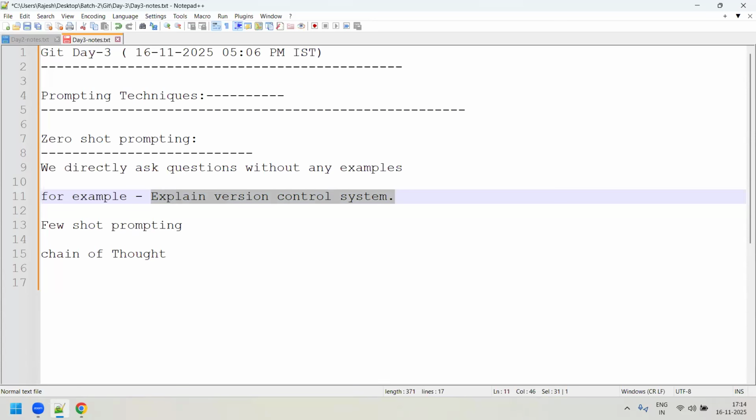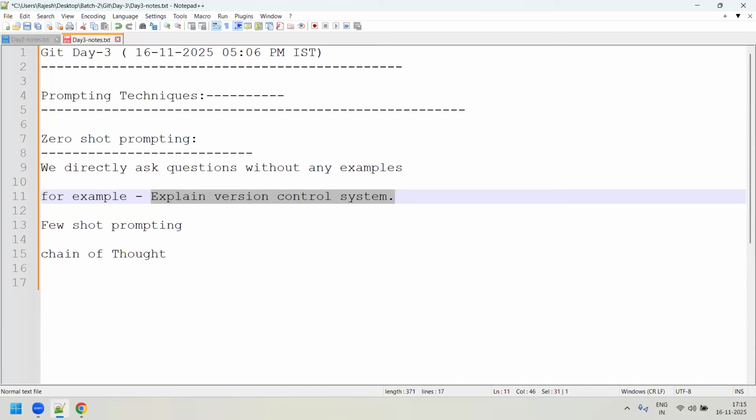But the problem is that if you just ask a zero shot prompt like this, it will give tons and tons of information. It might give 2 or 3 pages of information, so a lot of unnecessary information will be provided by your AI tool. Sometimes you might not need all such information.